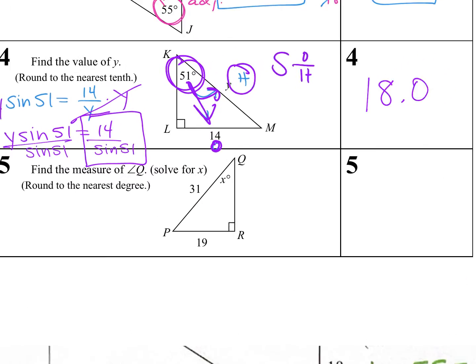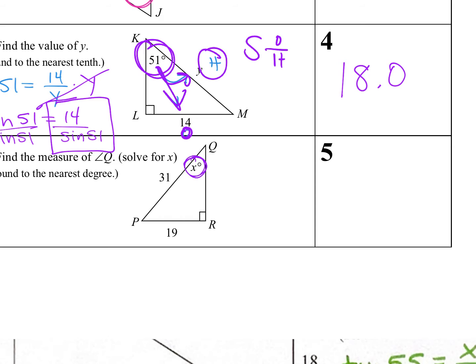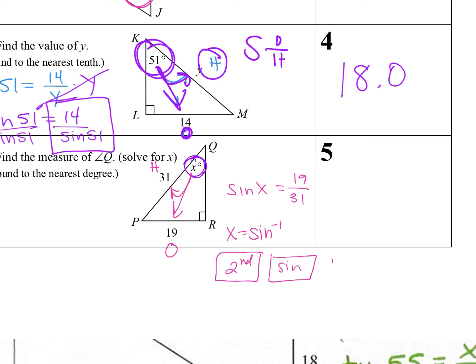Okay, last one. To find the angle, you start from the angle. What trig function is this? This is sine again, opposite and hypotenuse. Okay, so the sine of the angle equals 19 over 31. How do you solve for an angle? Inverse. So we're going to say sine inverse. So the buttons you'd push are second, then the sine button, then 19, then divided by, then 31, right? Second sine 19 divided by 31 is, to the nearest degree,